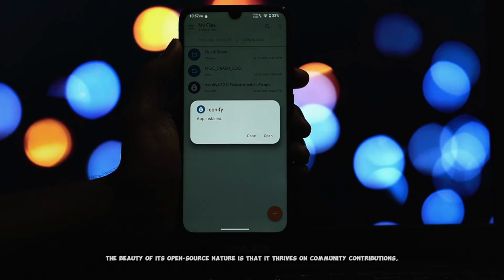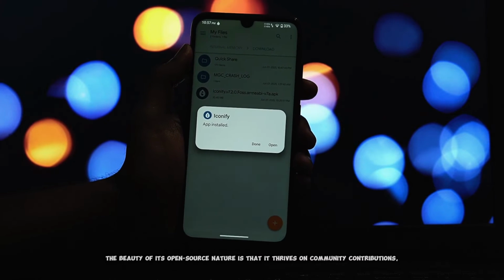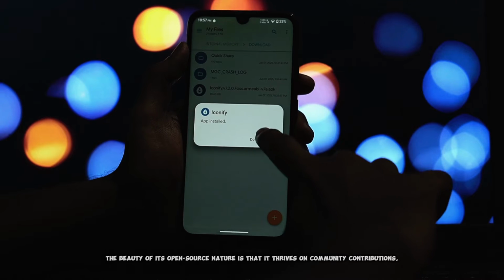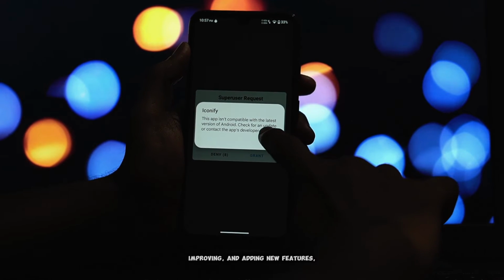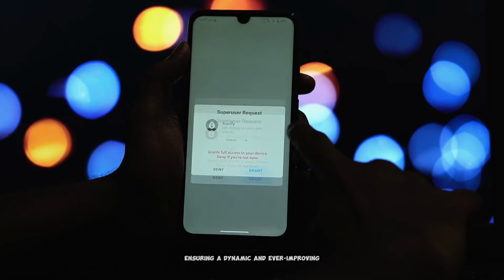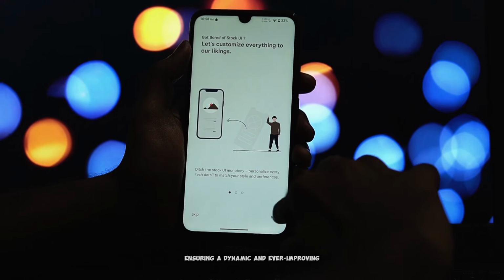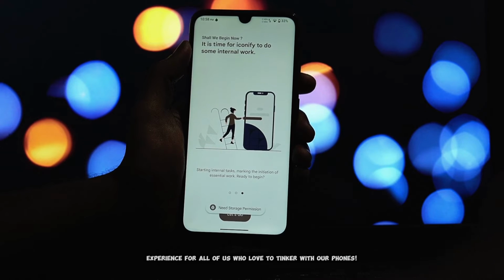UI elements. The beauty of its open-source nature is that it thrives on community contributions, meaning it's constantly evolving, improving, and adding new features, ensuring a dynamic and ever-improving experience for all of us who love to tinker with our